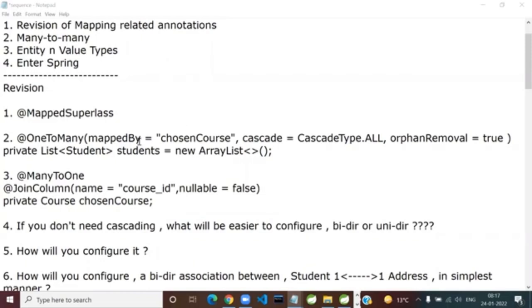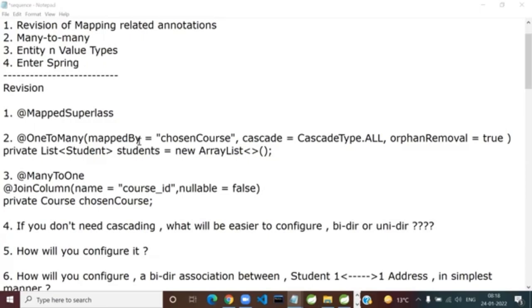You know that we have established a relationship between course and student, which type, unidirectional or bidirectional? Bidirectional. So if you look at it from course to student, what type is it? One to many or many to one? It's one to many. And from student to course, what is it? Many to one. Everyone understands it? So the moment you say you want to establish an association, aggregation in this case, you have certain annotations.